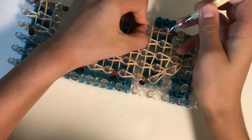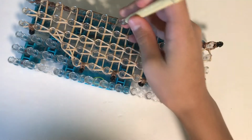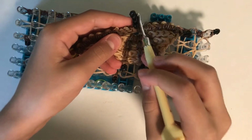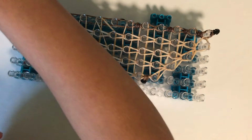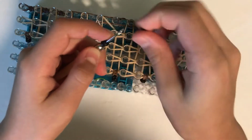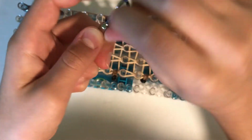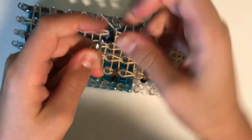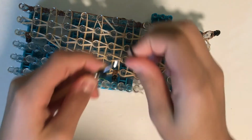Sliding it on. And now I'm gonna show you how to make the big spike that goes right there. So with black, make a black cap band around 4 times, double loop of black, slide on the cap band, reclaim, double loop another,